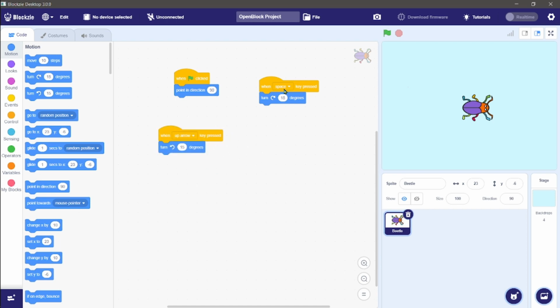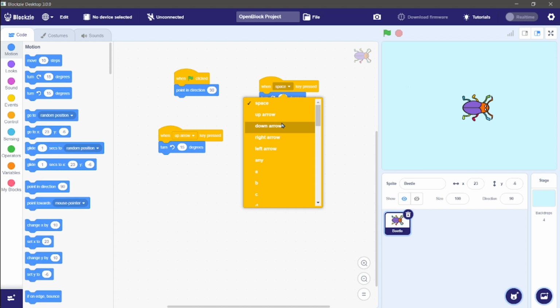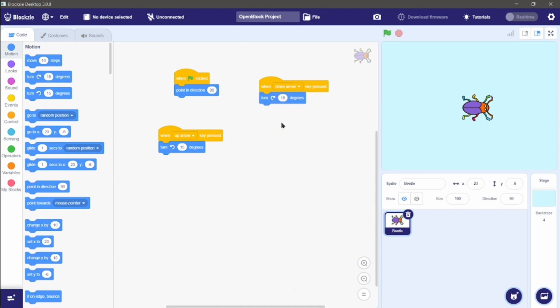Also, you can use any other key for this. Means if you want up arrow key for rotation in anti-clockwise and down arrow key for the clockwise direction, you can also do that. So now if I press up arrow key, it will go in the anti-clockwise direction, and if I press down arrow key, it will go in the clockwise direction. So this is how you can control the rotation of your sprite from the keyboard's different keys or also from different